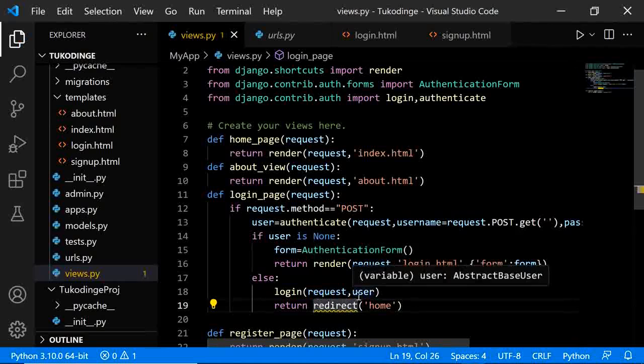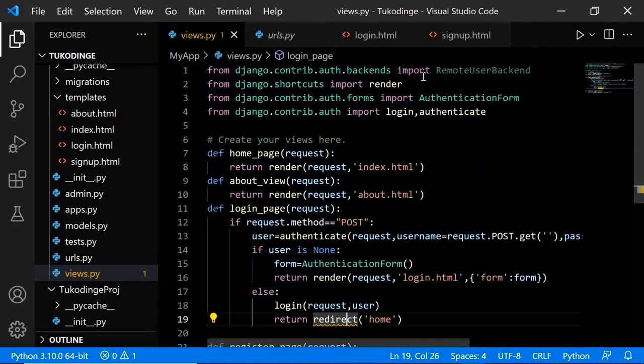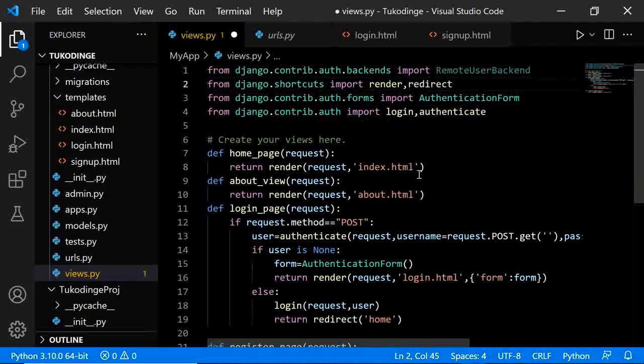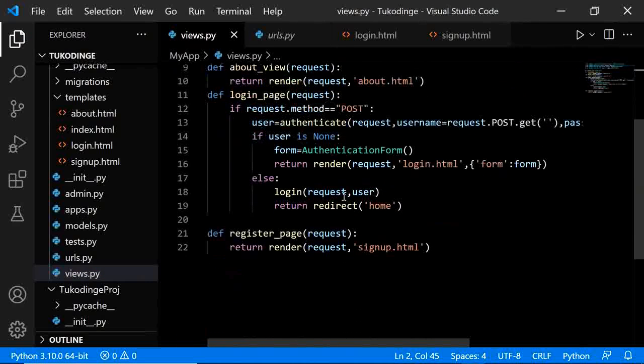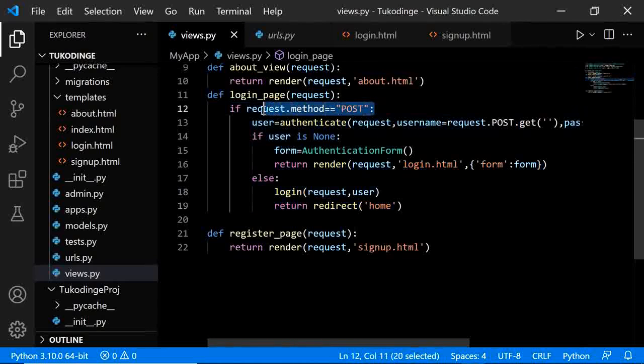Save this. So I don't have the redirect function. I need to import it. It is part of the shortcuts. I'll say redirect. Okay, so hopefully it has stopped crying. So now what we've done here in our login, we've checked if the user pressed the button. That means they are submitting the details they have filled in the form, and then we pick those details, and also